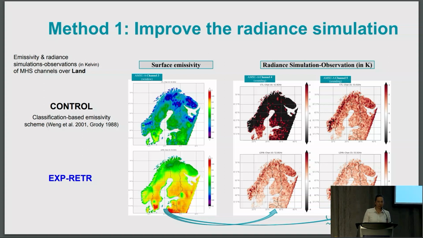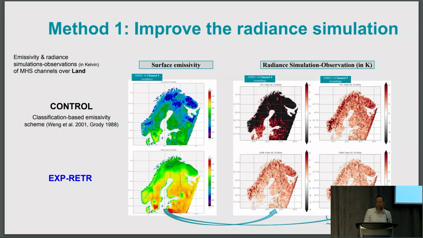We can see that if we are using this scheme, we make quite large errors on the brightness temperature simulation, which can be over 4 Kelvin. For example, if we simulate channel 4 using this surface emissivity, almost 95% of the observations will not go through the quality check and will not benefit the